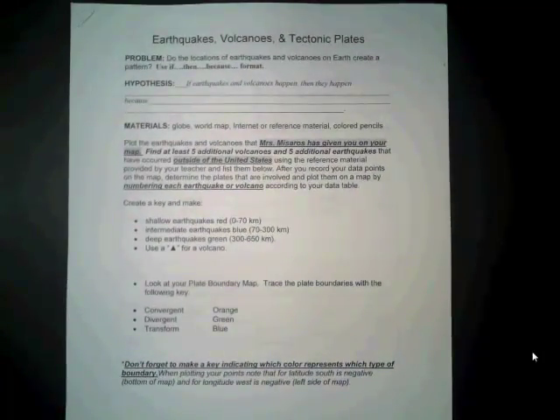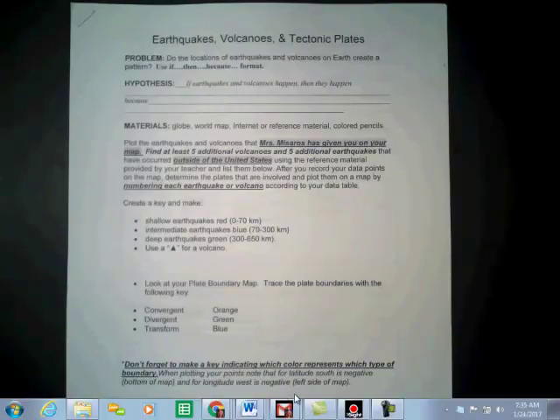Today we're going to start an earthquake and volcano project. Since we just got done with plate tectonics, it's a good segue, since plates and earthquakes and volcanoes are related. You're going to receive a little packet that looks like this, and the first thing you're going to do is